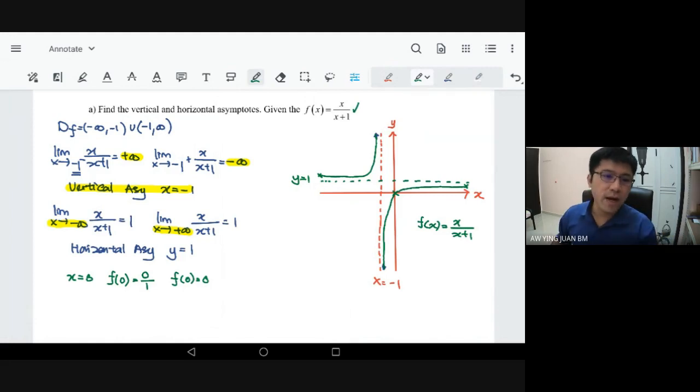So, harap anda faham ya, penggunaan horizontal dengan vertical asymptote atau konsep-konsep limits ini untuk membantu kita untuk sketch the graph. So, jangan lupa nyatakan intersection point, nama graf, XY axis dan itu saja. So, kita bergerak ke example yang seterusnya.